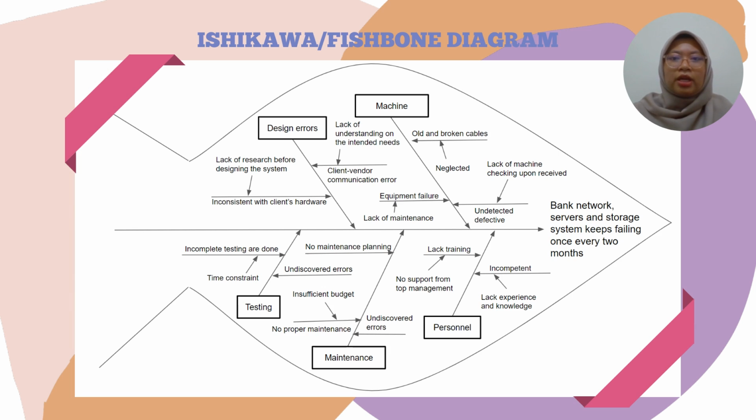I am Shakira and I will be giving the briefing on the third and fourth tools that we use to identify our findings. So with the application of the fishbone diagram, we have a clearer vision on the issues that might cause the problem to happen. We had listed out 5 primary categories of the causes of the problem. So for the design error, we figured that the issues might come from the inconsistency of the bank's ATM machine with the system designed by the vendor and the client-vendor communication error.